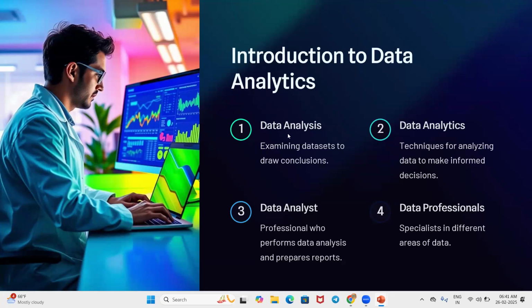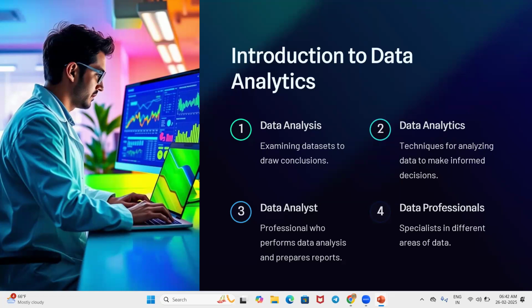So we understood that data analysis is a process of examining the data, in the sense understanding the data, whereas data analytics means we are converting all the raw data into meaningful insights with the help of various tools and technologies. What tools and technologies are we learning in this curriculum?